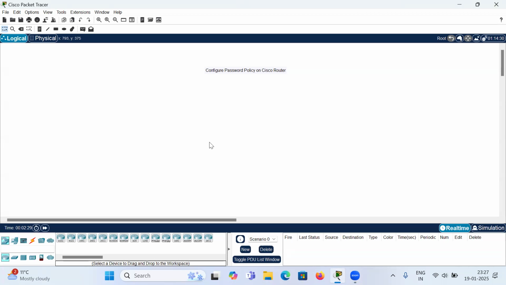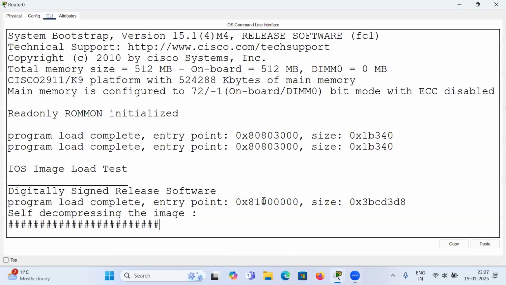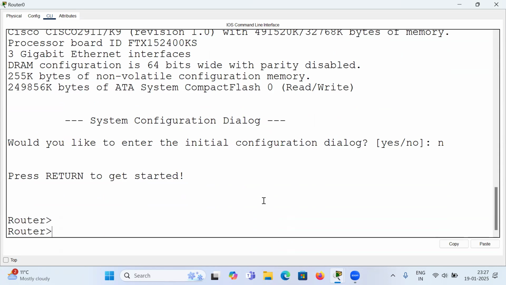In this video, I will show you how we can configure password policy on Cisco router. So basically, whenever we create any password on Cisco router, the password can be of any character. Like you can create one character password or three character or five character password, but we can enforce on the router how many character password one should assign to either enable or in SSH or in telnet, or if anyone